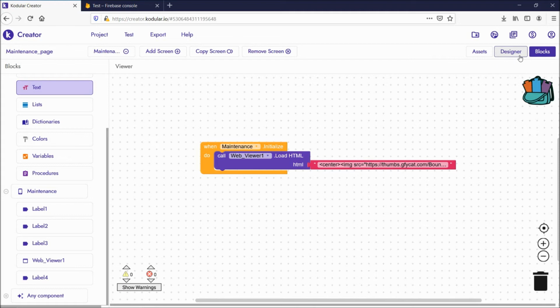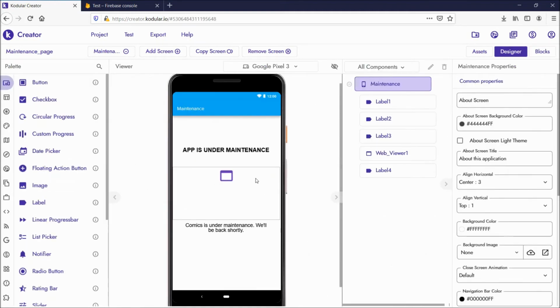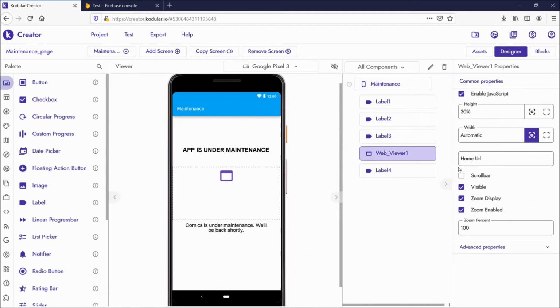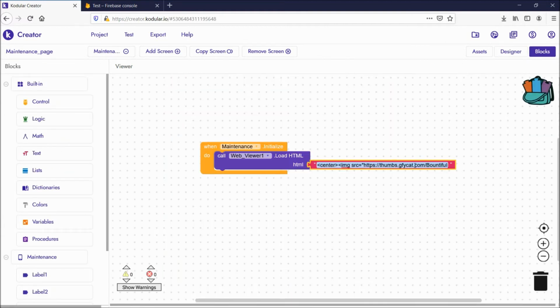After keeping that, in the designer part of the WebView, I just disabled the scroll bar and gave the height as 30%. 30% is the height of this web viewer, guys, and here we gave the width and height, that is the width and height of the image, guys.